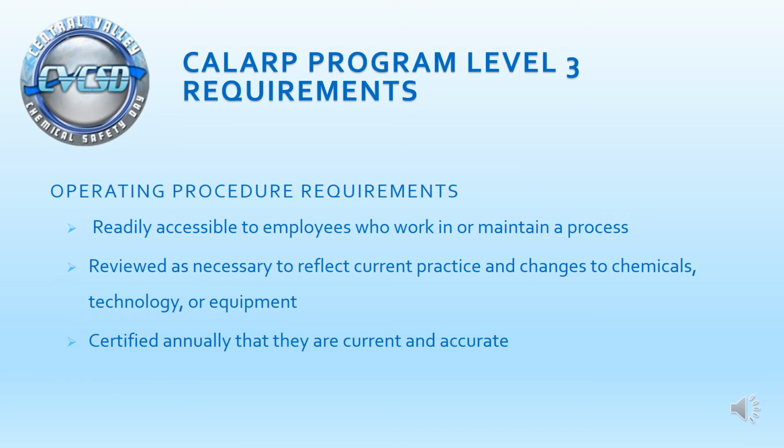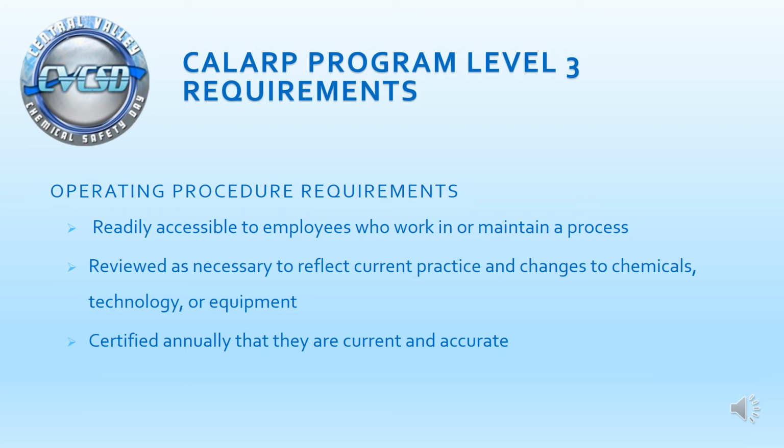More on operating procedure requirements. These procedures should be readily accessible to employees who work in or maintain a process. They can be provided in a couple of ways to be readily accessible. These could be a hard copy binder that the operators have access to, and it's not restricted. These can also be provided electronically. So if the operating procedures are stored on a network and the operators have access, that's also going to work